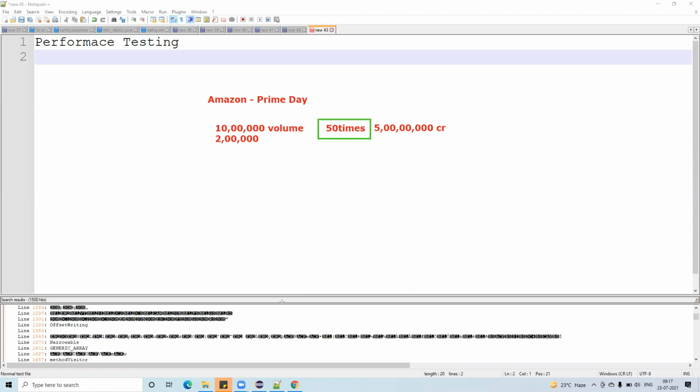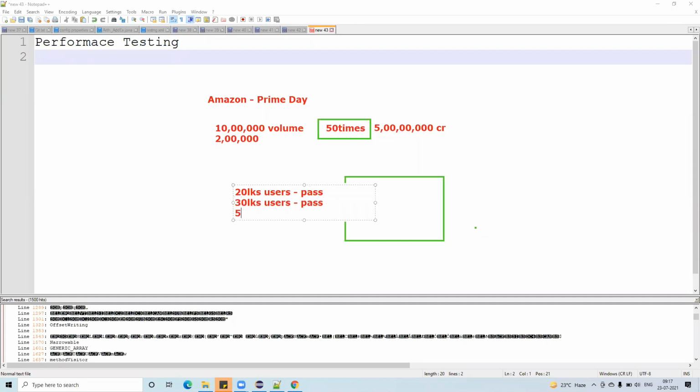The same is what we do in real time. We take the application and start running it with 20 lakh users. It will check whether it is working properly or not. They will say it is working properly. Now next 30 lakh users, and again they check it passes.